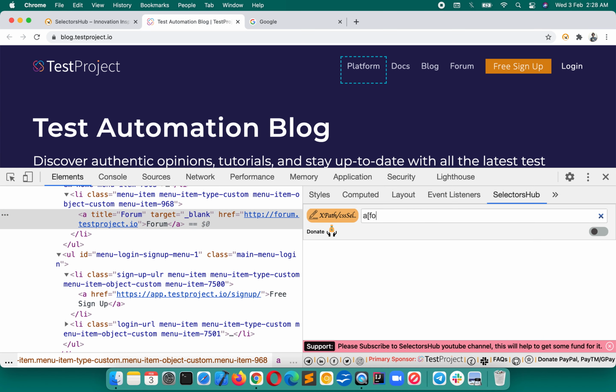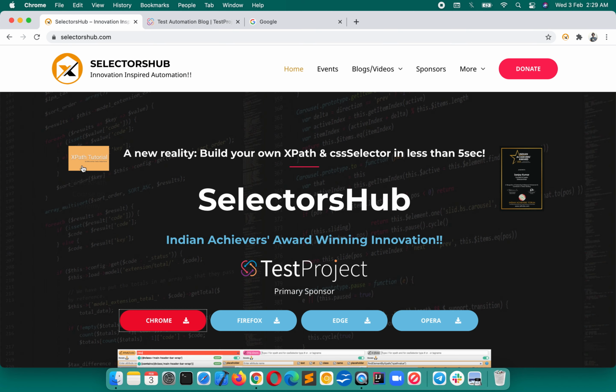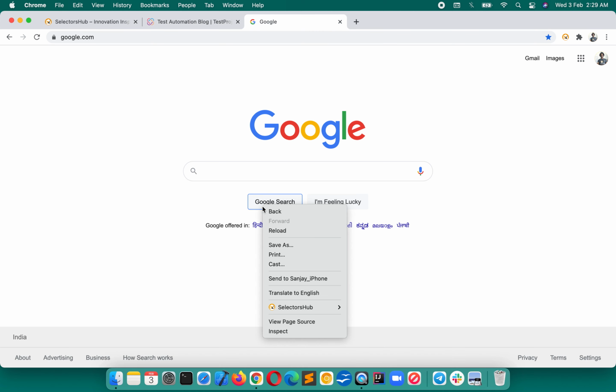Then there could be more examples. Let me show you here in Google. So for example, if we want to write a CSS selector for this element, Google search here, you start writing input, and then the value we want with this attribute value. So you just type value is equal to Google search. So here also it is matching two elements.